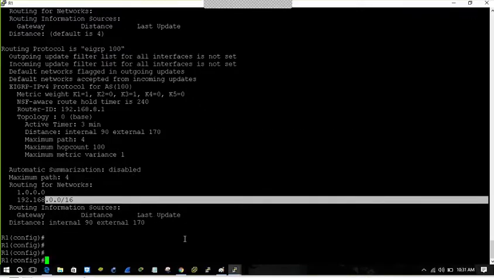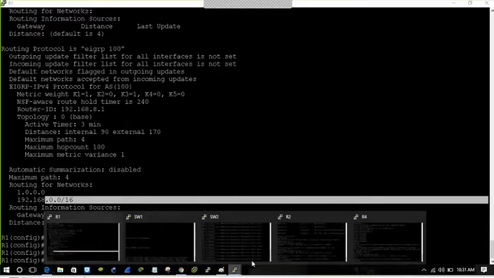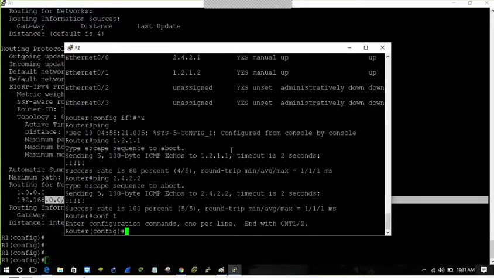All the loopbacks are automatically being included, because it will only check the IP address of the interface. These only 2 octets will be checked for a match, because these 2 octets are the same on every interface, so it will put them into the EIGRP protocol.